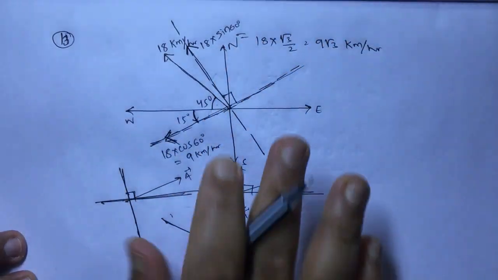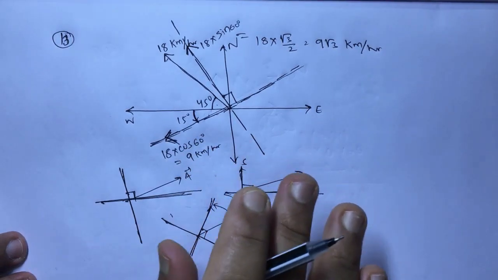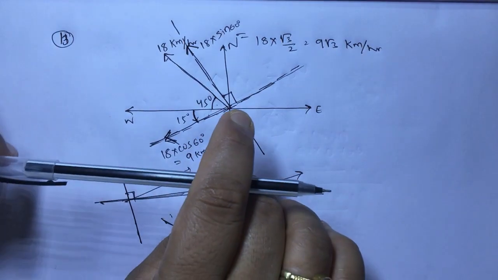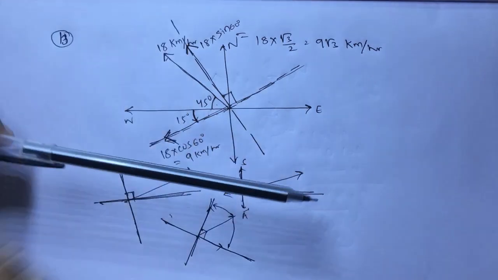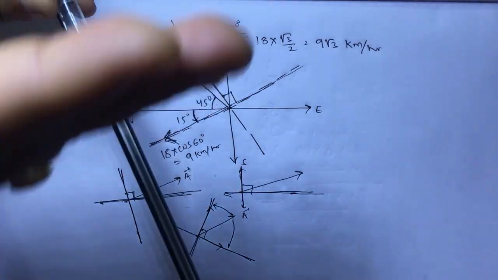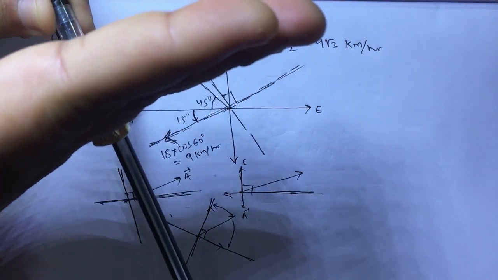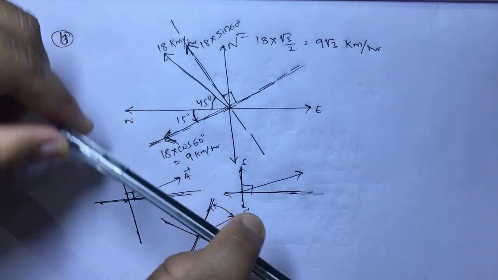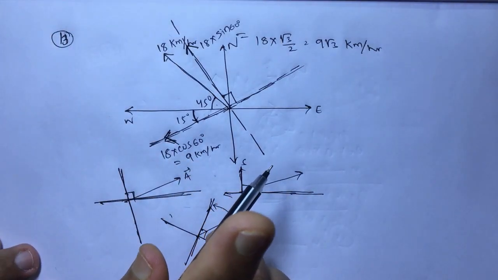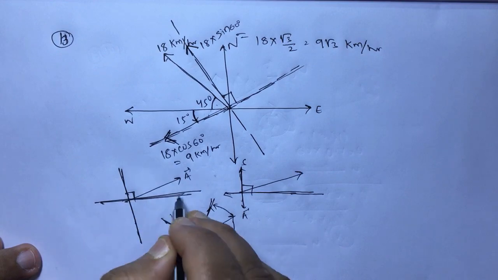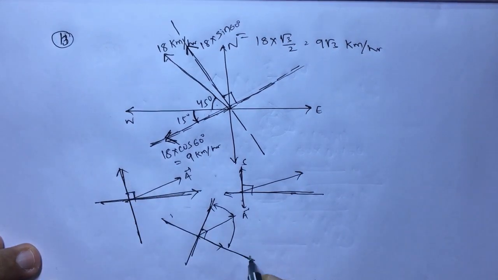Very simple question. You only have to understand that it is not fixed that the x axis will be like this and the y axis will be like this. The x axis can be like this, the y axis can be like this also. In any direction we can take them, but the only characteristic is that they must be mutually perpendicular to each other. In whichever direction you take them, they must be mutually perpendicular.